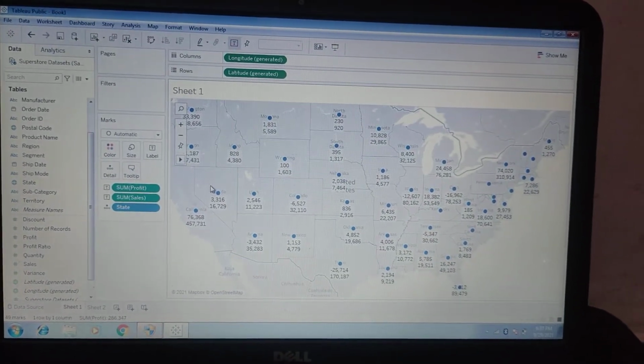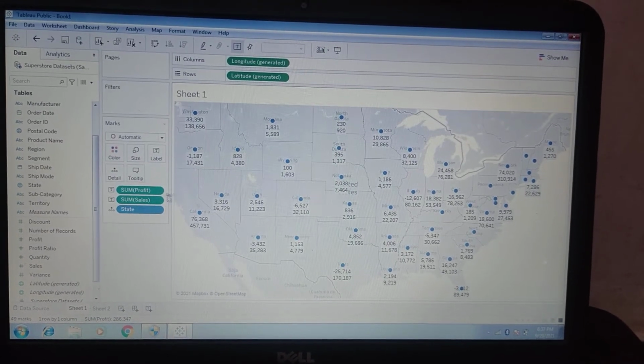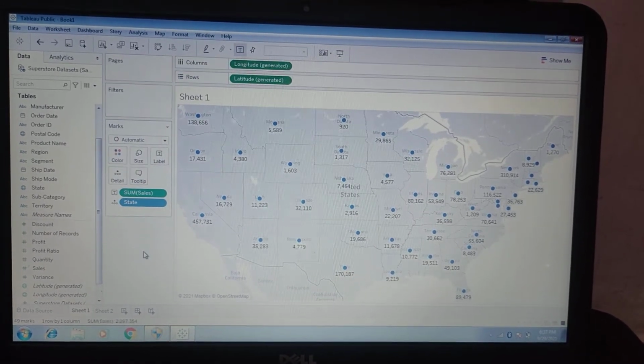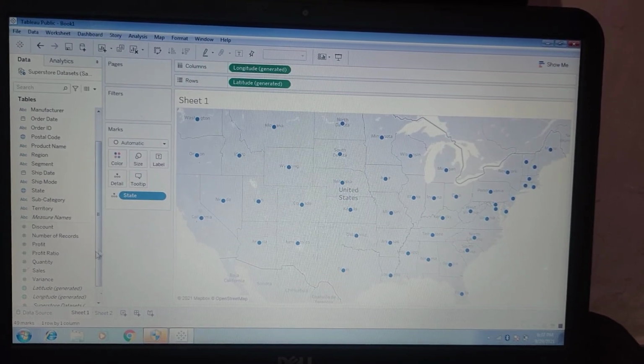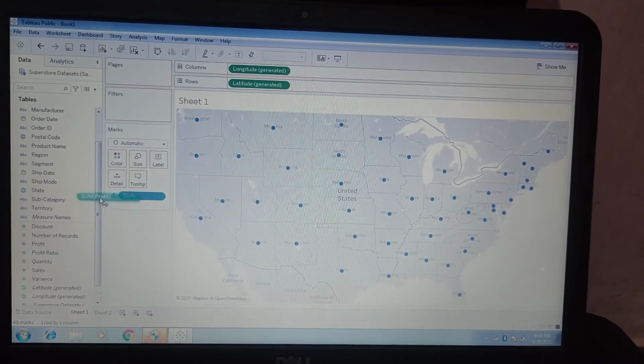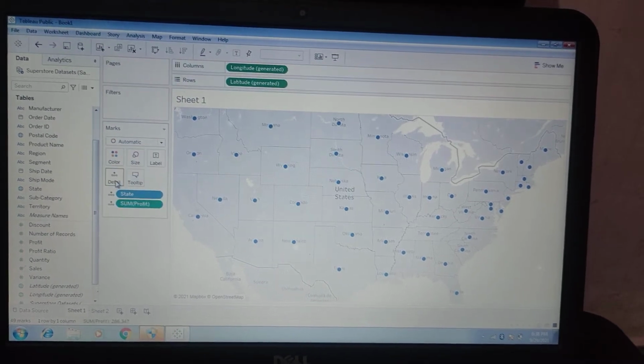And also we can remove profit and sales from the text and just add these into the detail shelf.